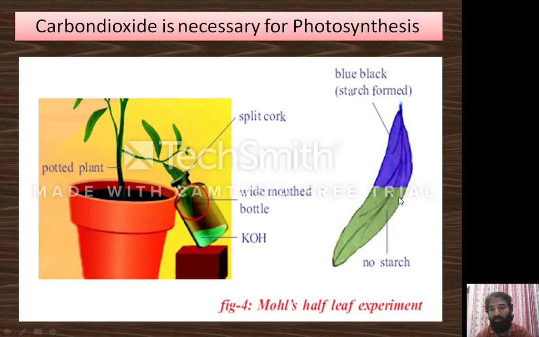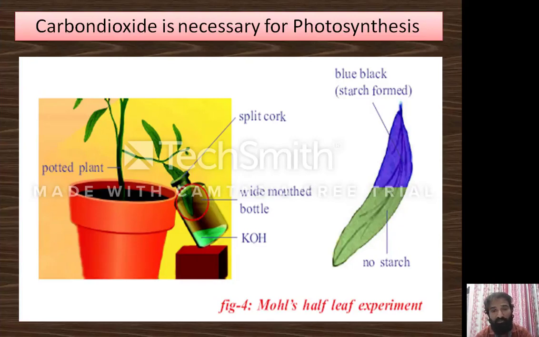We also need the materials required for conducting the starch in leaf experiment: methylated spirit, iodine, beaker, test tube, dropper, petri plates, and so on. To recall, the materials required for this experiment are two same sized potted plants, split cork, wide mouthed bottle, KOH crystals or KOH solution, and methylated spirit, iodine, beakers, test tube, asbestos gauge, tripod stand, Bunsen burner, and the materials required for the starch in leaf experiment.